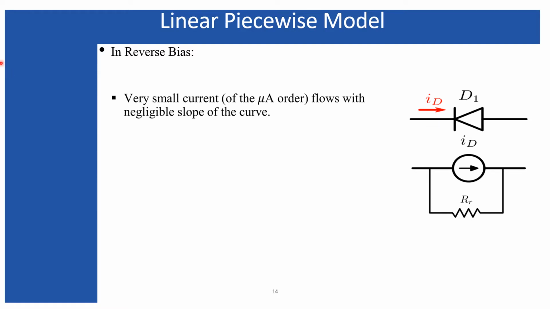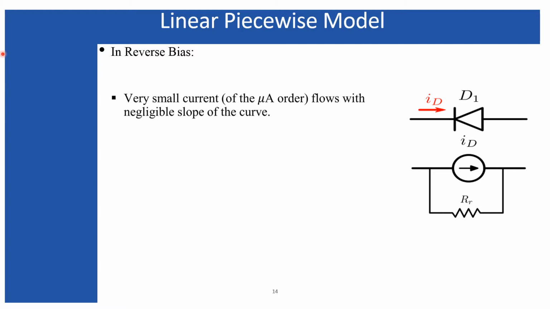The current is due to the minority carriers, and that is why the small amount of current is maintaining a slope in the reverse bias, and that slope is almost parallel to the x-axis, although it is not practically, but it maintains an almost parallel slope with respect to the x-axis, and it continues up to a certain point of the voltage, and that voltage is known as the breakdown voltage. We know all about these things.